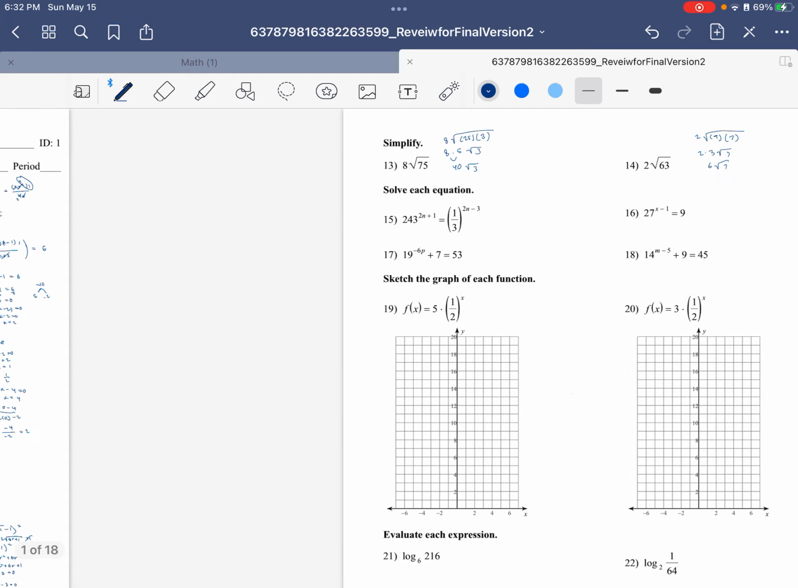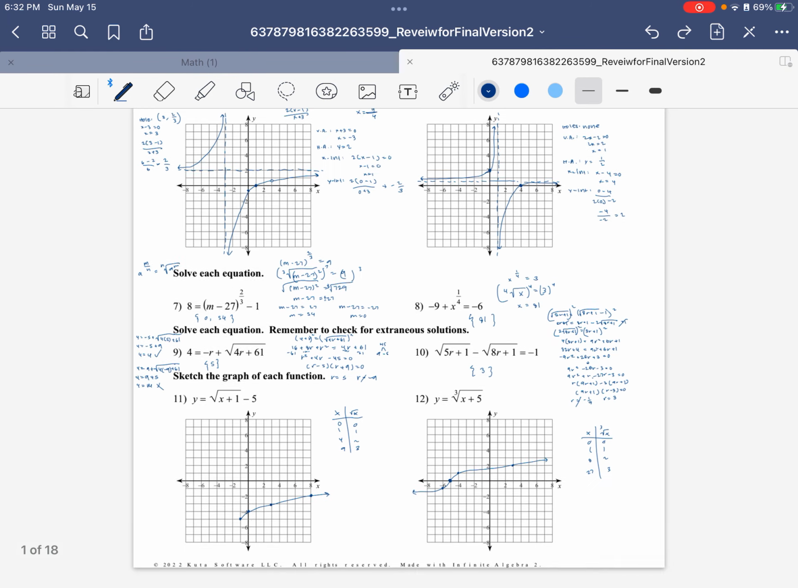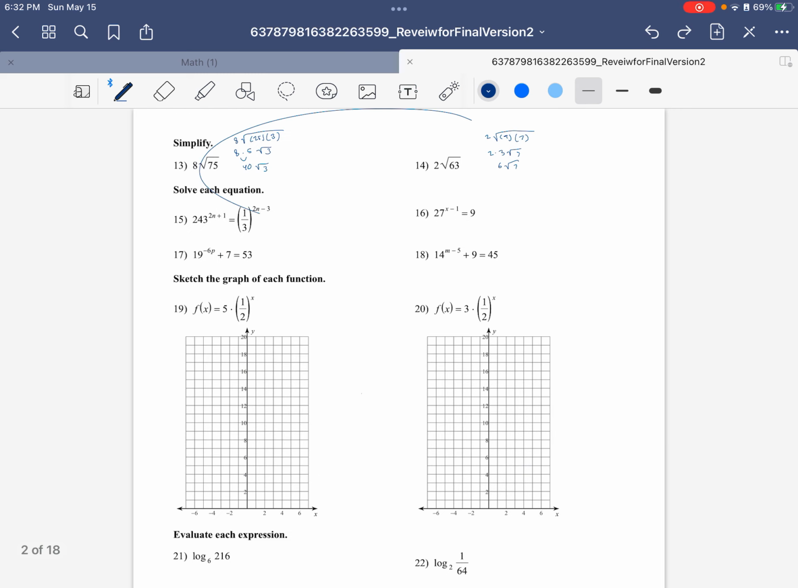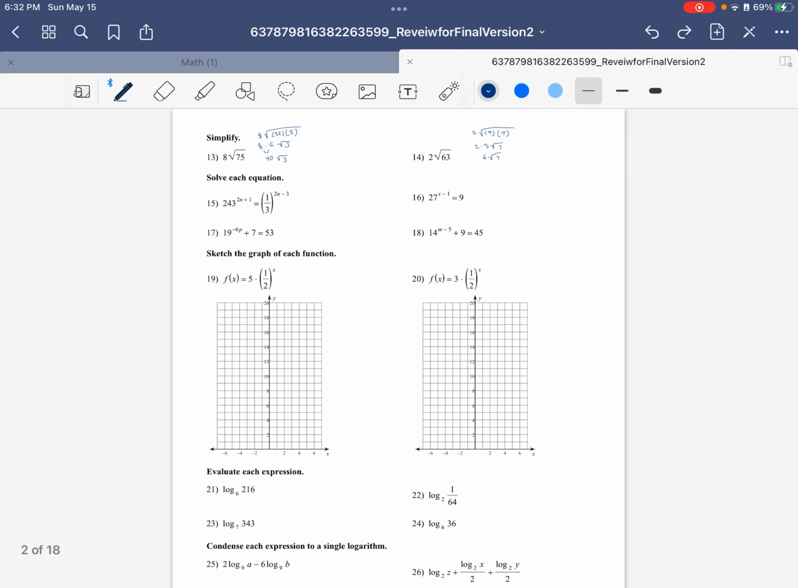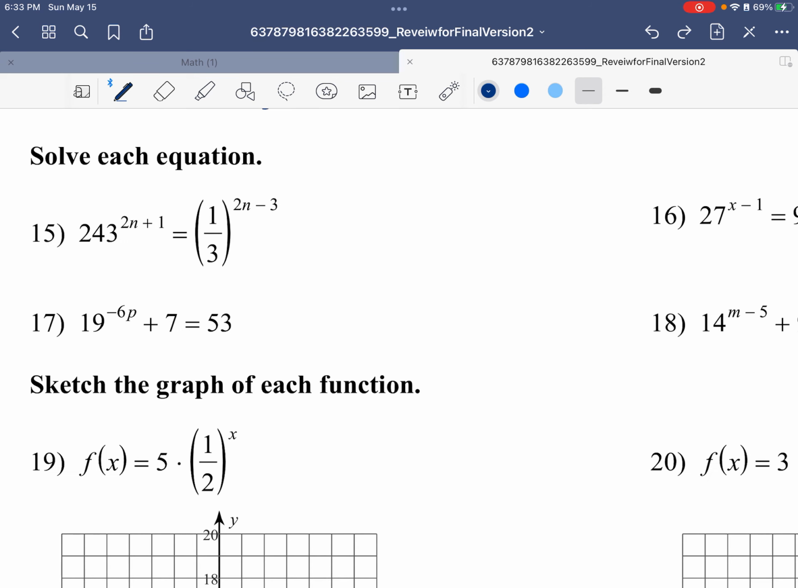In part 1, we went over this stuff, I think, and then part 2, we went over these and this, and now we're going to go over this page and the other log stuff before moving on to trig. So we have here, solve each equation. And so for solving,